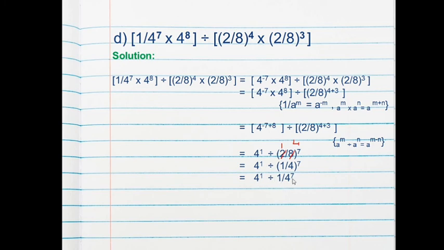Now we want the bases equal here, and here the base is given 1 upon 4, but we can write the reciprocal of this number so that we will get the base equal. And again we have this law also, that is 1 upon a raised to the power m equals a raised to the power minus m. So here we can write 4 raised to the power minus 7, that is 4 raised to the power 1 divided by 4 raised to the power minus 7 by using this law. Now bases are equal, exponents are different, and division is given, it means we have to do the subtraction between the exponents. So that is 4 raised to the power 1 minus 7.